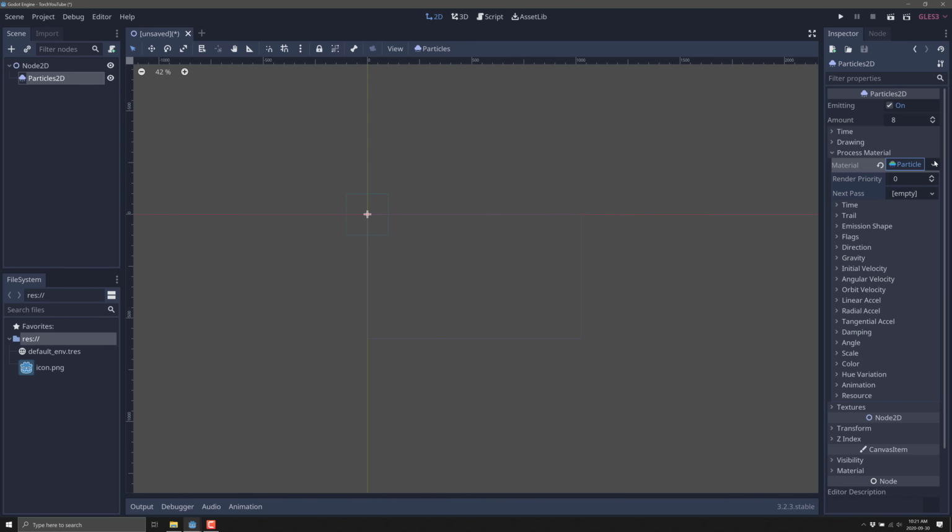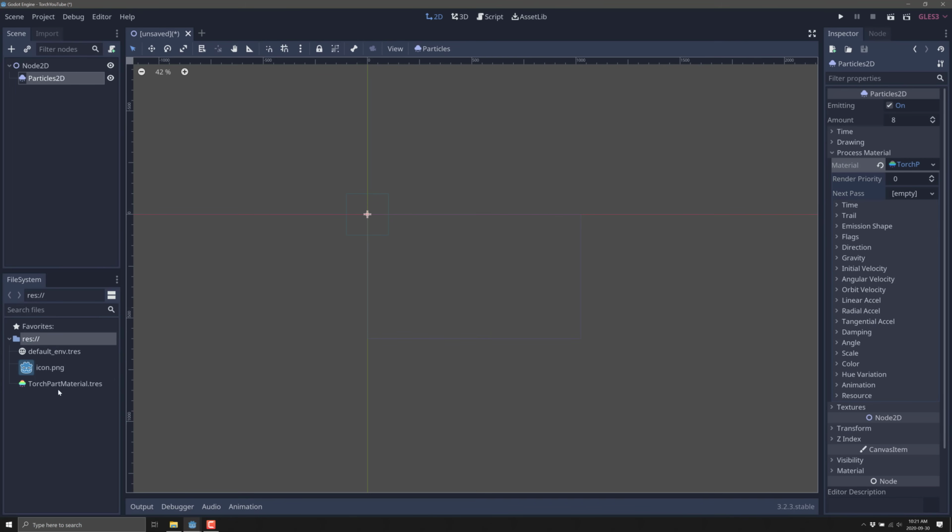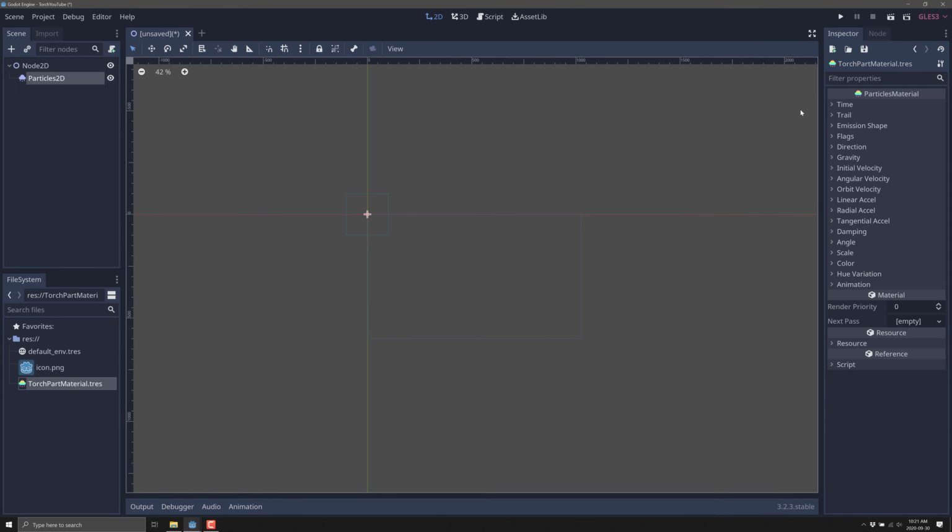And here it is. And we're actually going to probably reuse this guy. So we're going to go ahead and save that, and we'll call this torch part material. All right, so there is our guy. We can come back to it anytime right here. And this is where you start defining your particles. Now, a particle is a stream of stuff. In this case, it's a material that we're defining right here. And you use this for, again, doing things like water or spell effects or, in our case, torches.